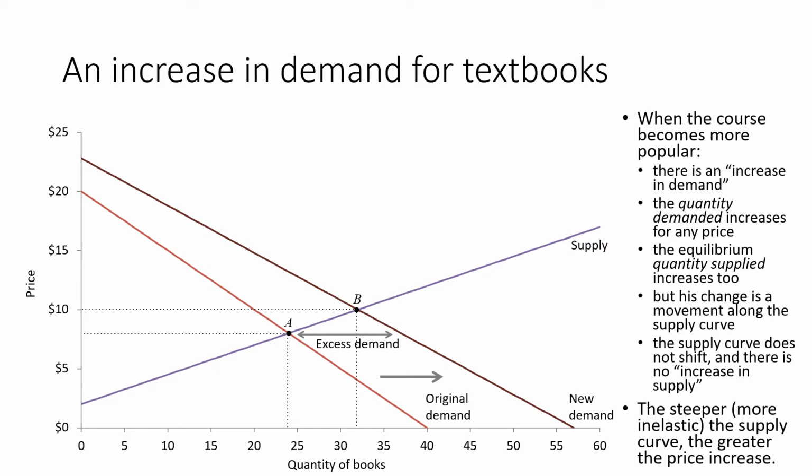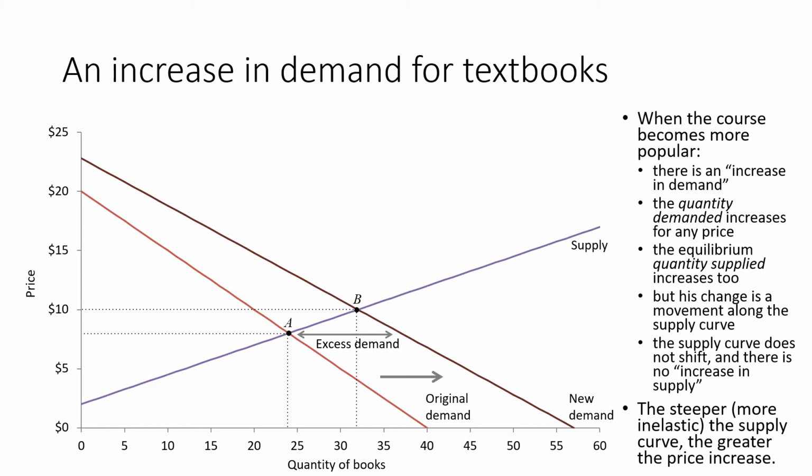So this is sort of subtle, but in this example, right, we had an increase in demand, and that led to an increase in both the quantity demanded and the quantity supplied. But you only have an increase in demand in this example, right? Sometimes we'll have an increase in demand, sometimes we'll have an increase in supply, or a reduction in supply, or a reduction in demand.